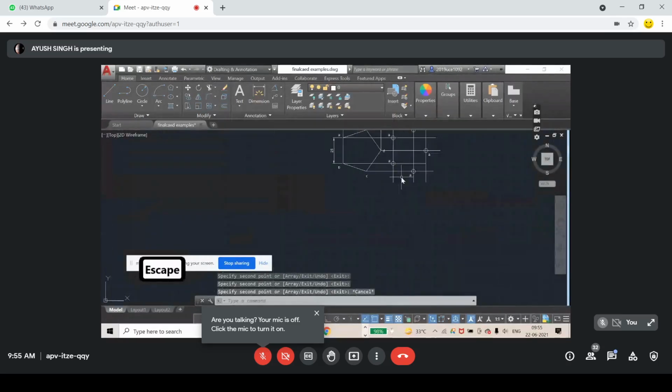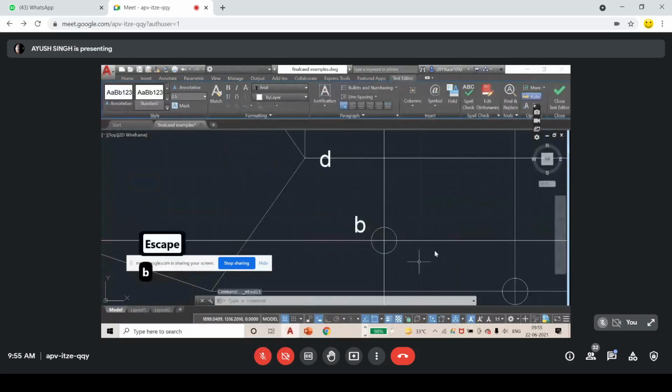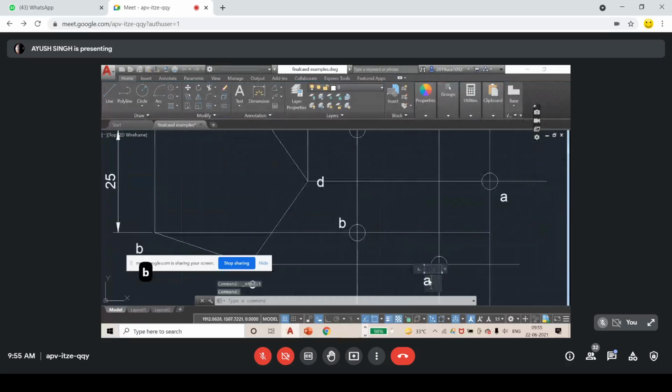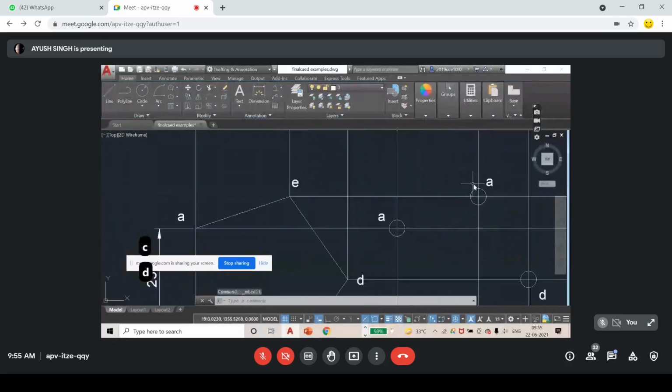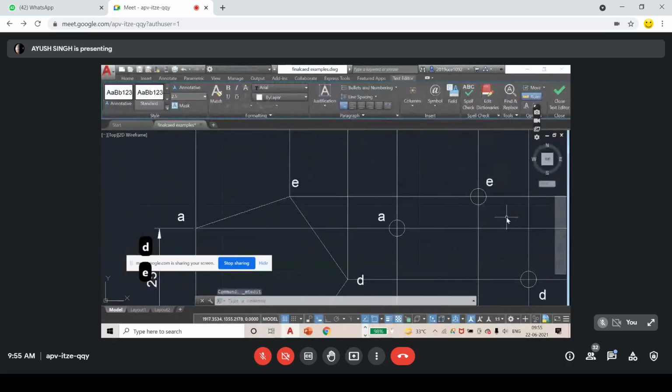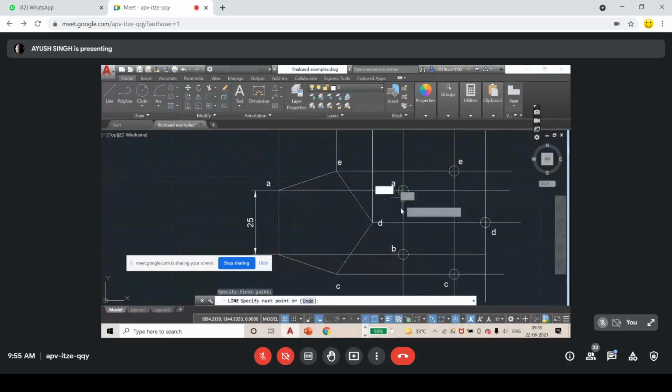I will rename them as quickly as possible. This is B, and this is C. This is D, and this is my E. Now join. Don't join earlier, because you will start joining like this: A to E, D. My figure is like this. You will see what happens if you join like that later, when you reach the collection of circles.